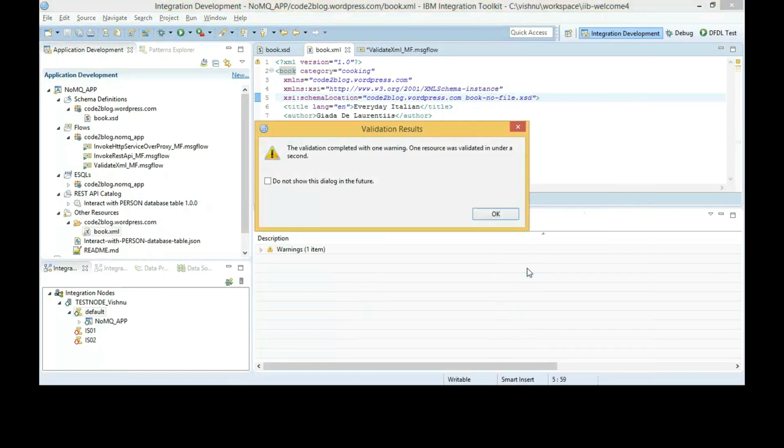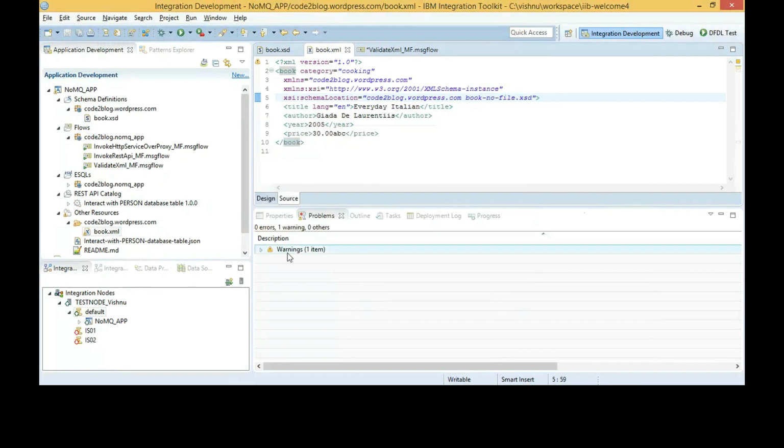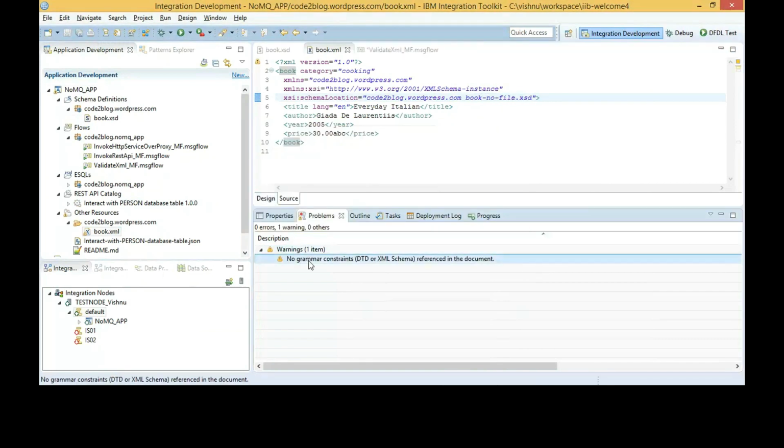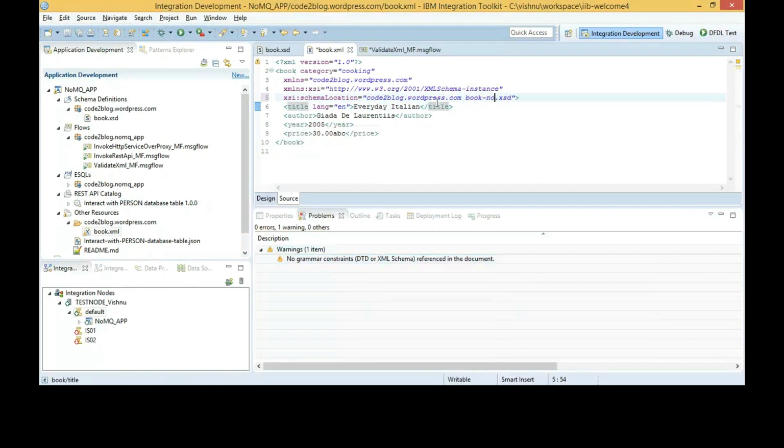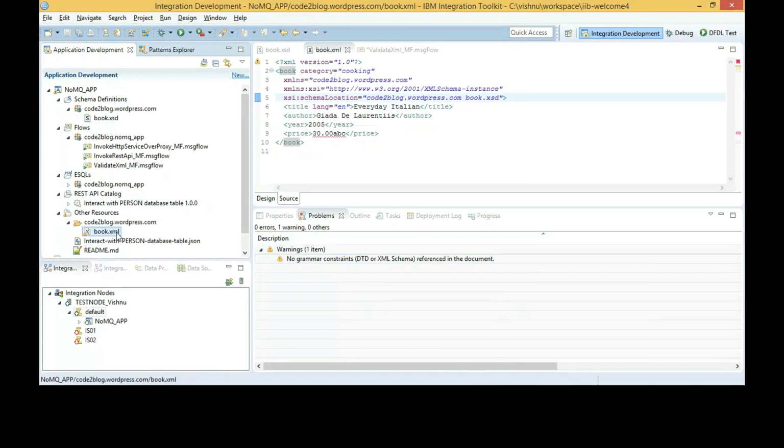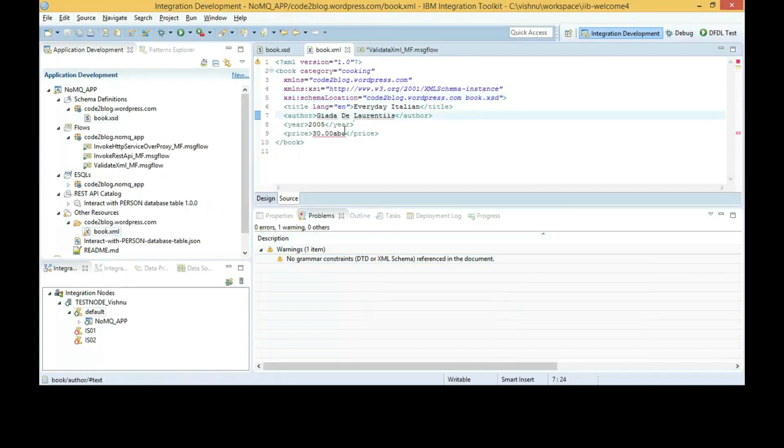On line number 5, I provide an invalid file path. Validation does not go through when I provide an invalid file path.